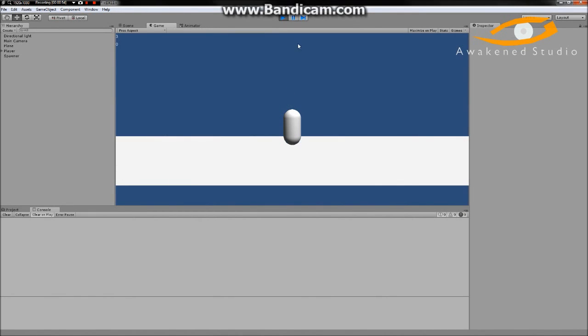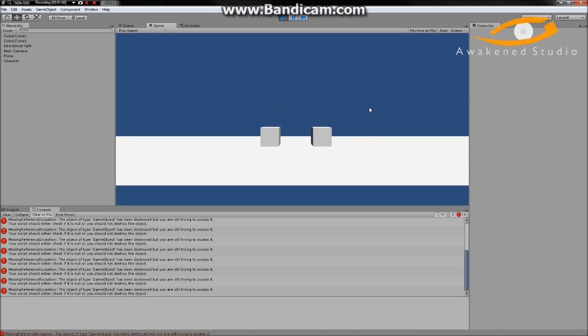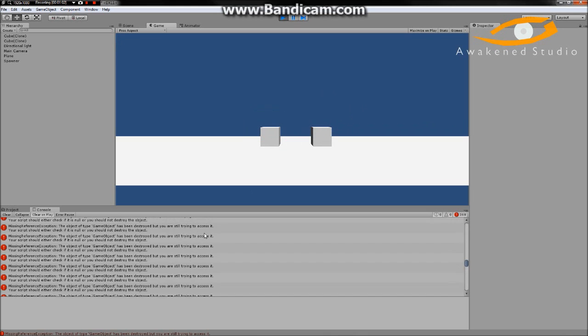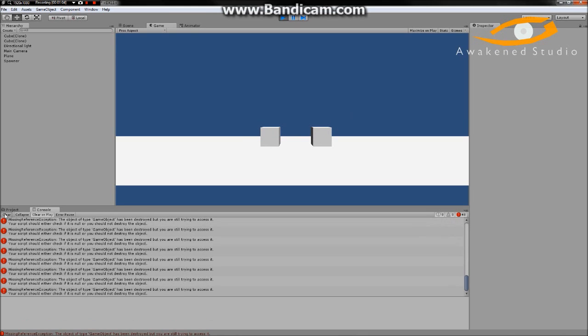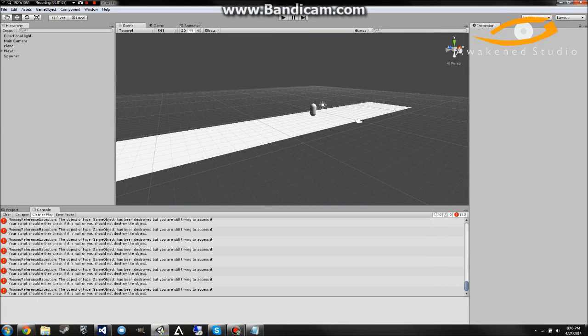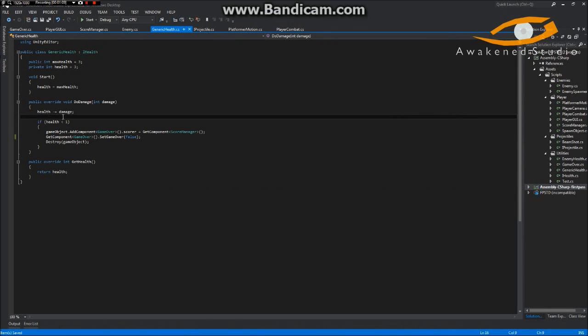Okay. So now it's once, it's twice, and that's 3 times. Oh, okay. That was stupid of me. So, one thing you want to keep in mind is, well, you guys are probably yelling at your computer monitors right now. We're adding this component, score, game over to it. However, we're now destroying our game object, so we're destroying the script that we just added on top of that. So instead of destroying it, a better idea is to